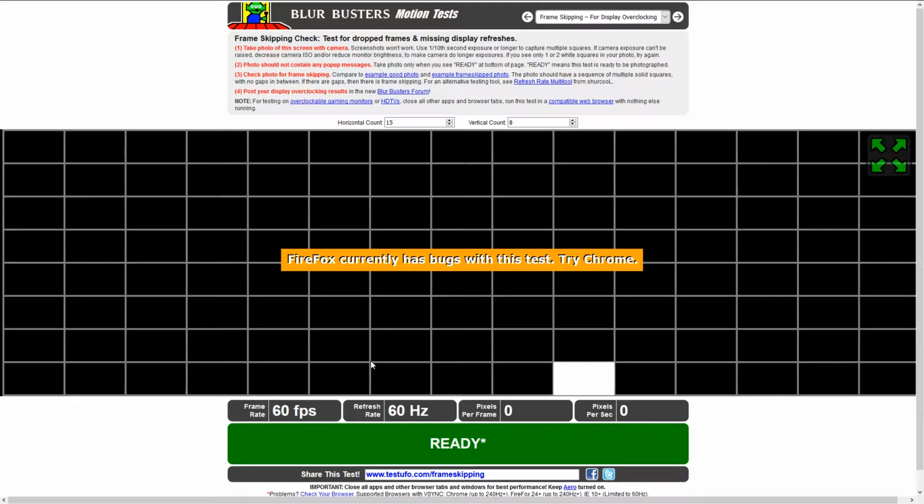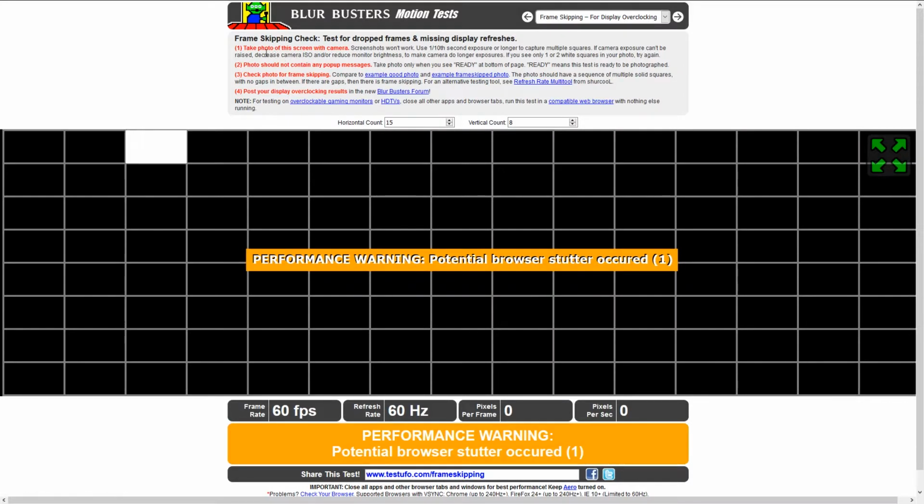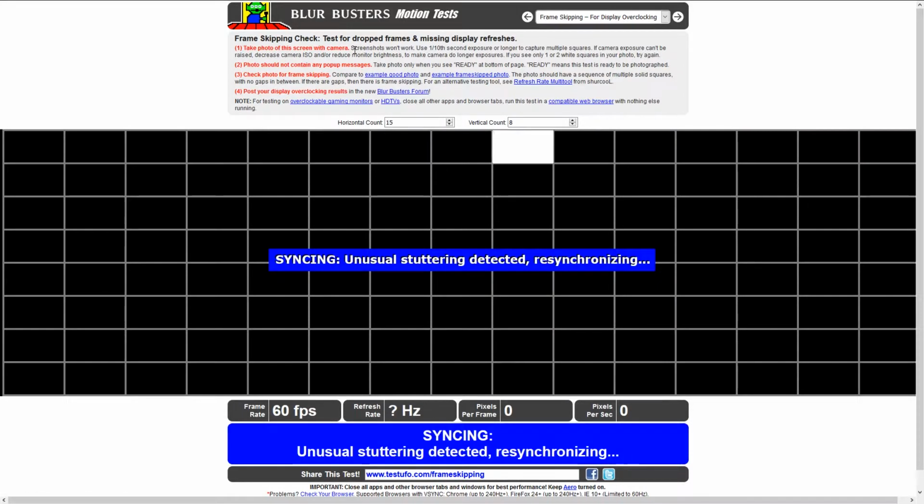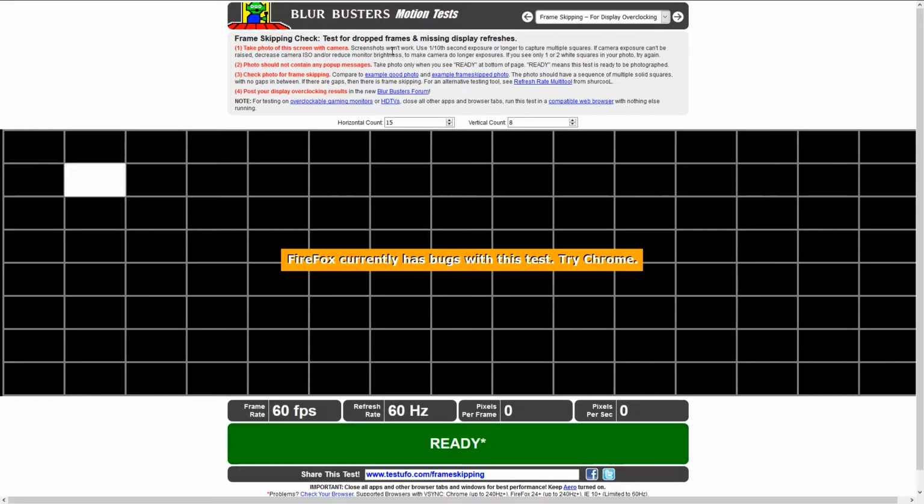I have not saved that example I showed you, but what you have to do is take a photo of the screen with your phone camera. Screenshots don't work, it has to be with your phone camera, and the trick is to use 1/10 exposure. You most likely have to change the settings in your camera so that it will capture the light in multiple squares. And what you need to see is if you see all squares next to each other,